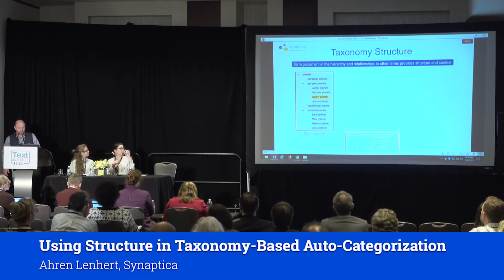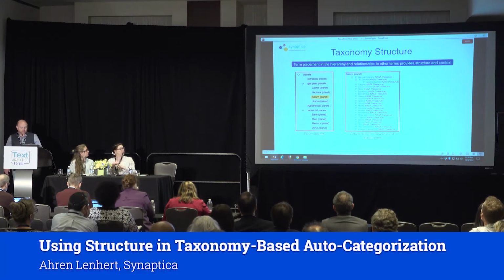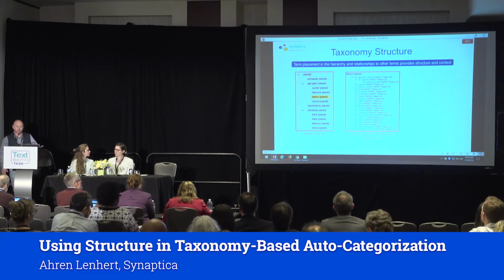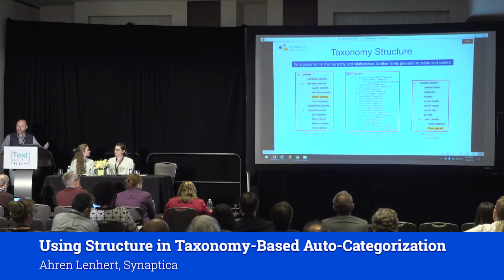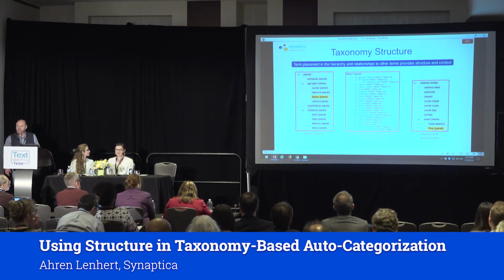We also have the other things that are related to it. So in this case, there's this whole list of, a lot of these are natural satellites that orbit Saturn. We have other things in there as well, like the Cassini mission, and various things that are related terms to Saturn. And finally, we have other things that also provide context, like other planets, like hashtag fake planet, hashtag Pluto